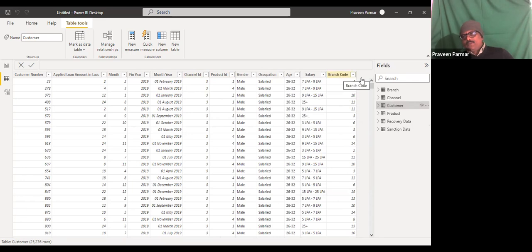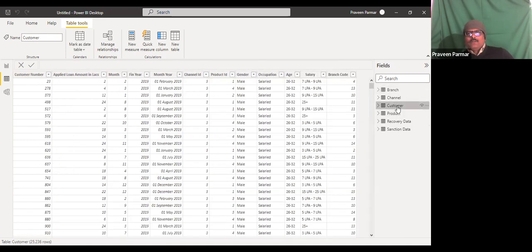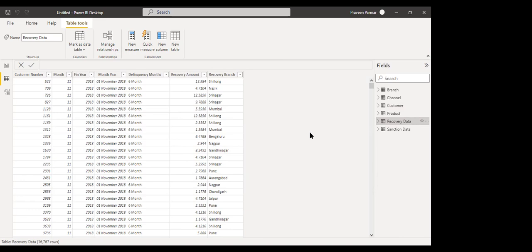In the branch table, there is a branch code, which is the ID. So we have all 3 here. But if I see in the recovery table, is there a branch code, channel ID, and product ID in this table? No.